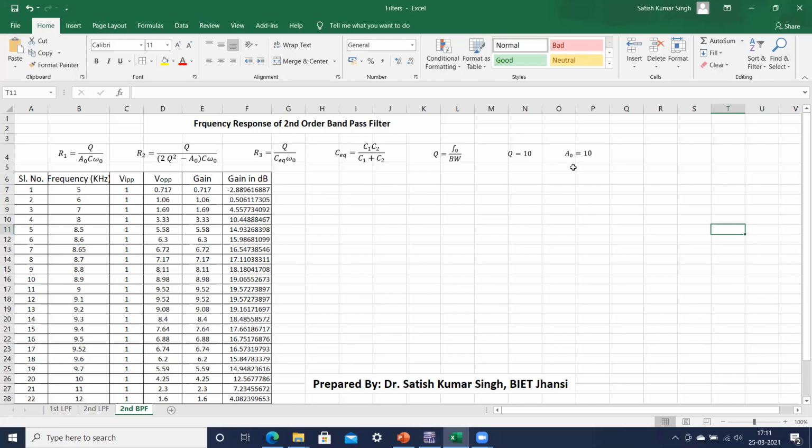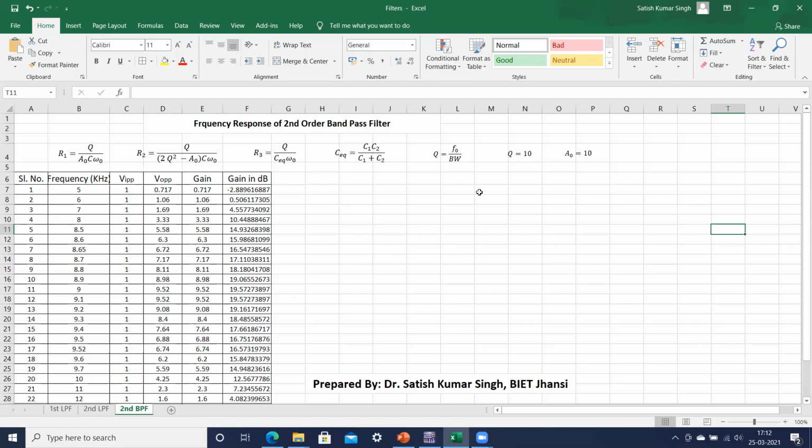Here I have not written it, but my central frequency F naught I am taking as 10 kilohertz. Based on these three parameters, the quality factor, the mid-band gain and the central frequency F naught, we will be able to design our filter.